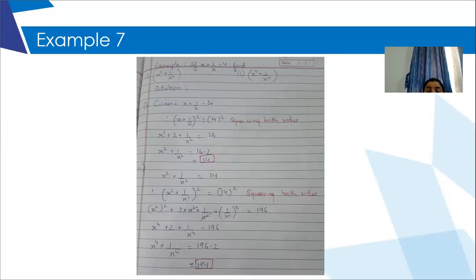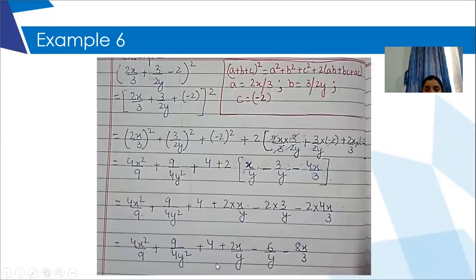In this chapter, you will have many varieties of expansions. Many kinds of algebraic expressions you will get, and you will have to expand them or calculate the value. Here we have calculated the value of two expressions in numbers. Sometimes they will tell you to get the expansion. Other times they will tell you to calculate the value. So here we have calculated the value. In the previous ones, we wrote the expansion of this.